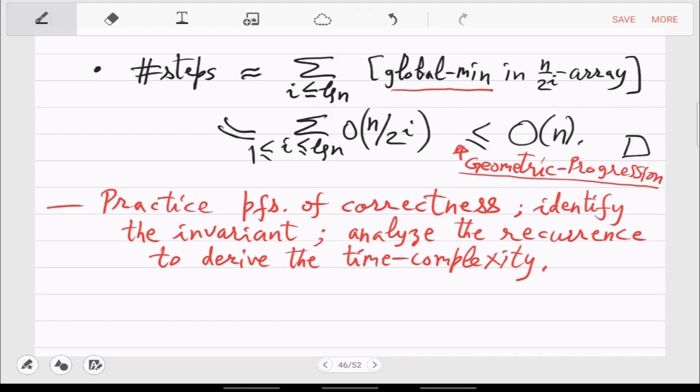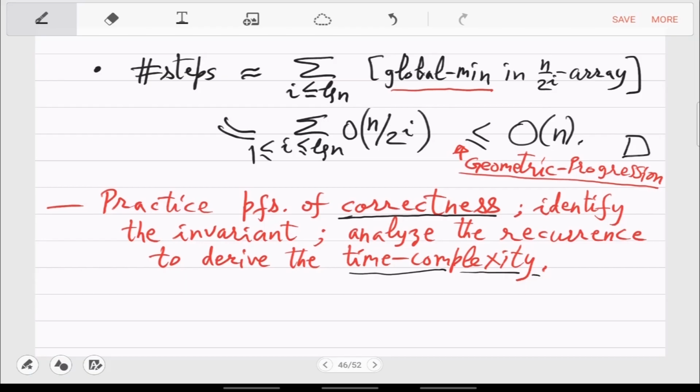But then you have to give a formal proof of correctness. Why is it correct? It gives what you are claiming it gives, and then how much time it takes. So these are the 2 main components you have to work on. And this is generally hard for students because you don't have this experience. This needs a lot of practice and experience of identifying the correct invariant, proving, and identifying the correct time complexity.